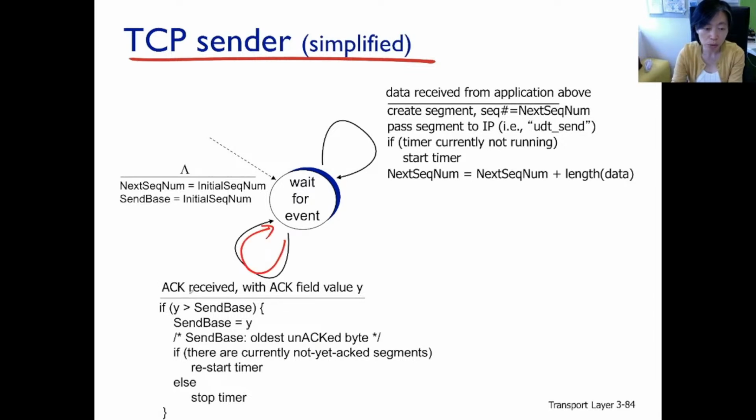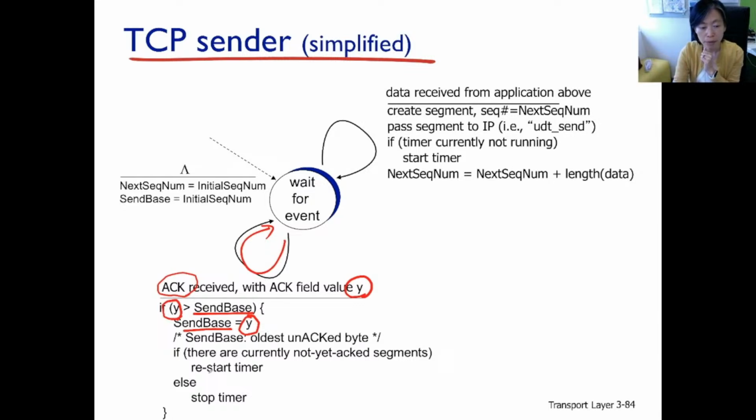And next, this is also a familiar transition. This is the transition when the sender receives an ACK. Similar to Go-Back-N's transition on receiving an ACK, extract the sequence number from the ACK packet. Now, the action of the TCP sender here is different. Only when the sequence number is larger than the send base, meaning this is a new ACK packet, so the sequence number is something that has not yet been acknowledged, then we set the send base to the new sequence number, because now acknowledgement is received. The sender should slide the send base over.